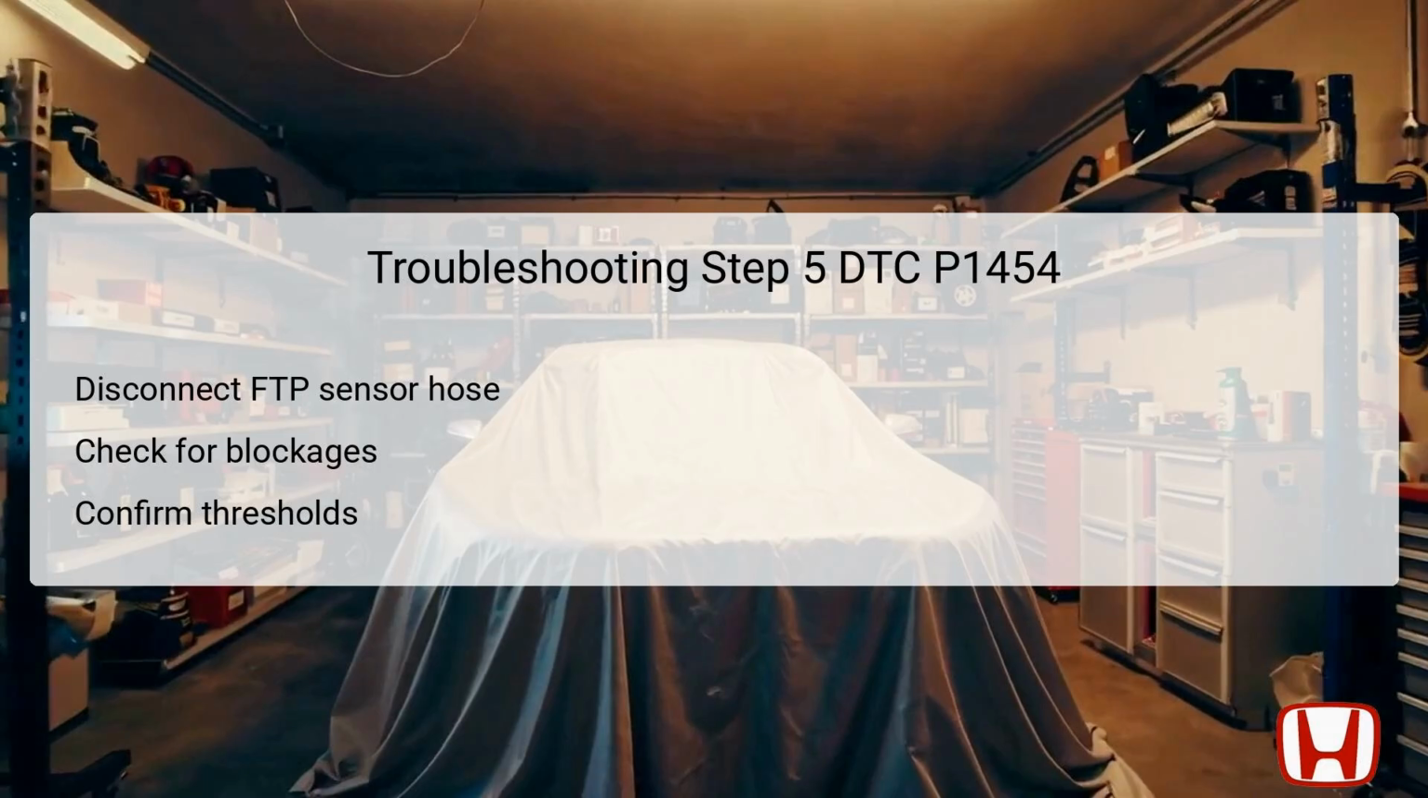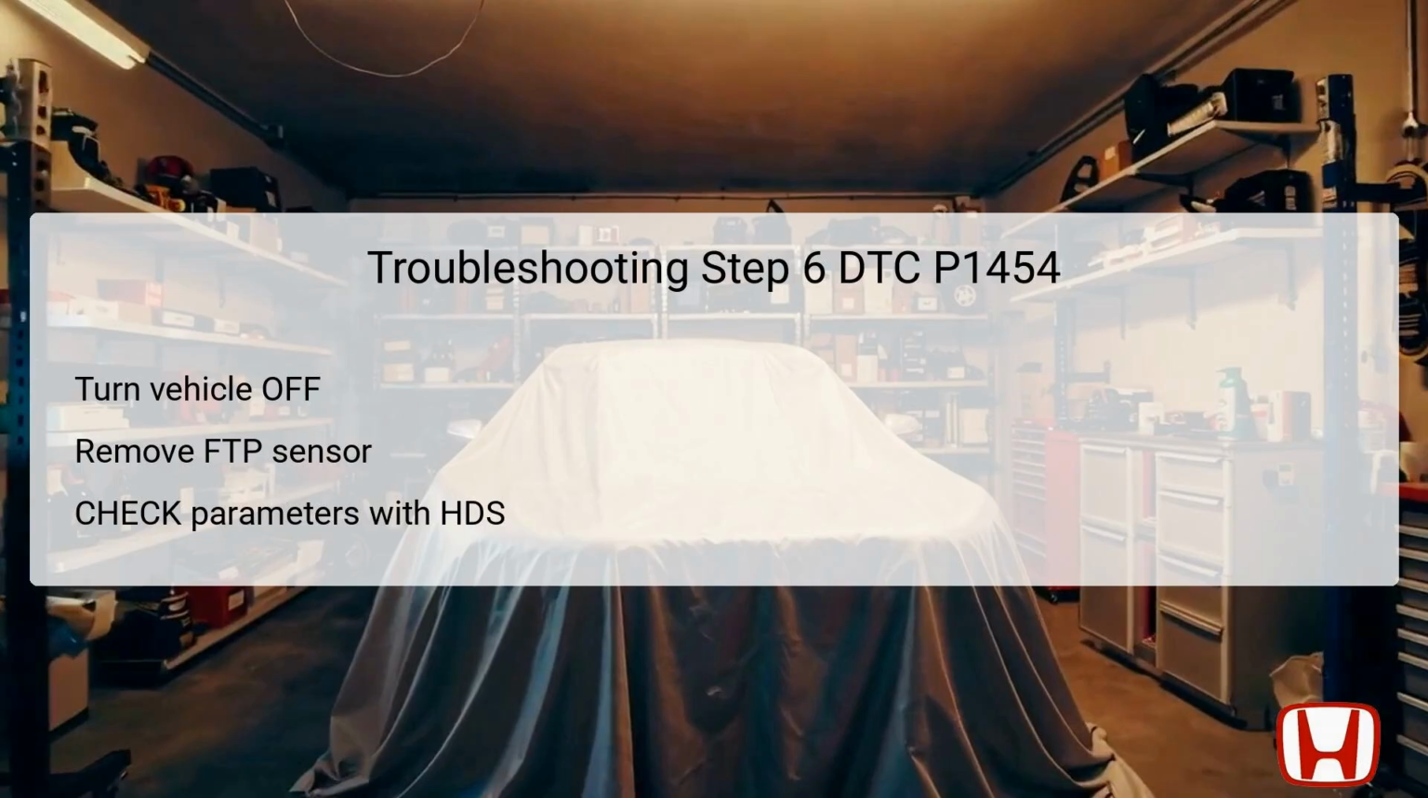A blockage can prevent proper ventilation, leading directly to the symptoms associated with the DTC. If conditions do not meet the threshold, however, then more investigation into the FTP sensor itself is warranted. The final troubleshooting step for DTC P1454 begins with turning the vehicle to off/lock mode, allowing for safe disconnection of components. The next step involves removing the FTP sensor from the EVAP canister